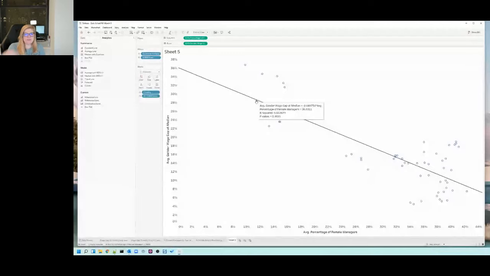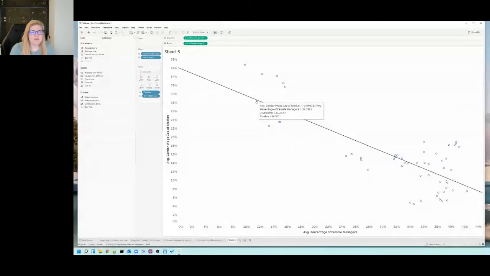the more of the behavior or where the dots land on the line. So if r-squared were 1, every dot would sit perfectly on that line. Since every dot doesn't sit perfectly on the line, we can see 62% of where the dots lay out are related or have some correlation. There's a relationship, is how I would like to say this, with the data, with the average percentage of female